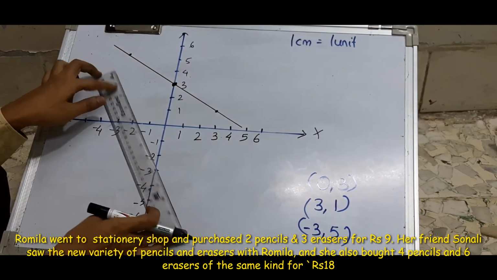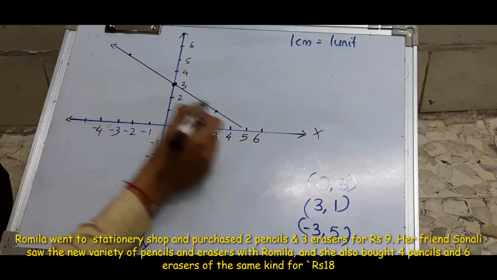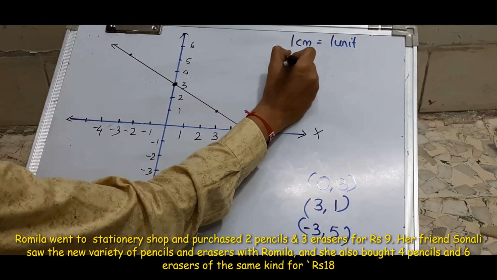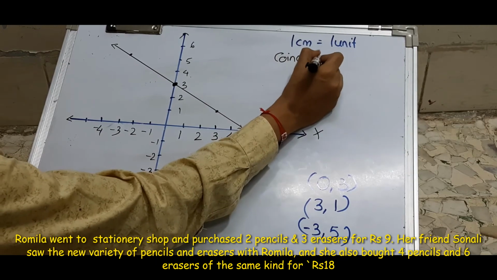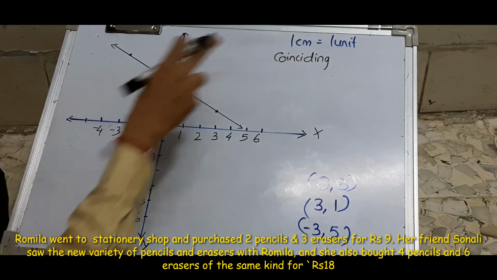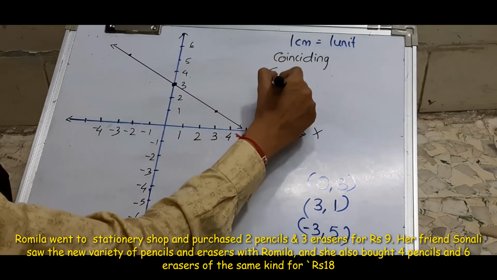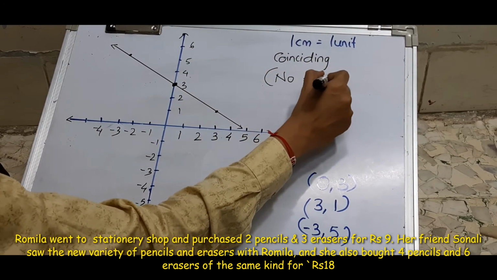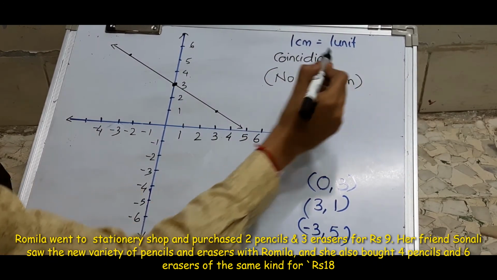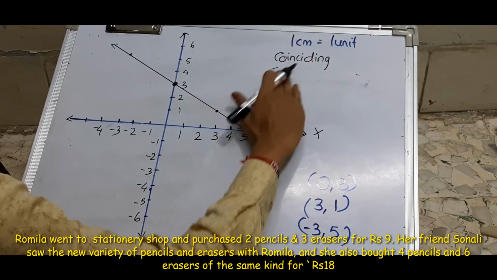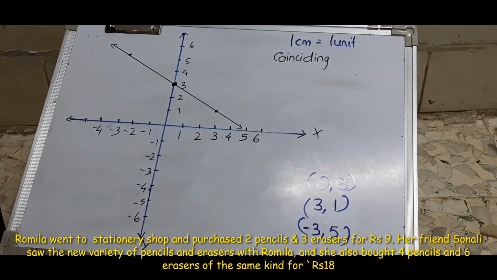Okay, so I had two equations. Still I am getting one line. So I will say that my solutions are coinciding. You will understand in the next lectures. The solution is coinciding and there is no solution for this. Okay? Did all understand the next topic? What do you mean by coinciding and all? Yeah. Okay.